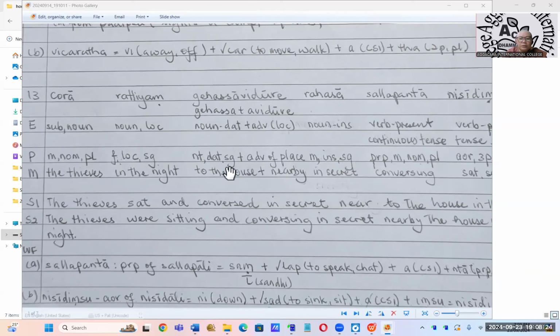It should be genitive here. All right, nearby of the house. Of course, in English we translate it as nearby to the house. So it should be nearby of the house. Okay. Of the house. So rahasa, in secret, is an instrumental. Salapanta is a long A here because these thieves are